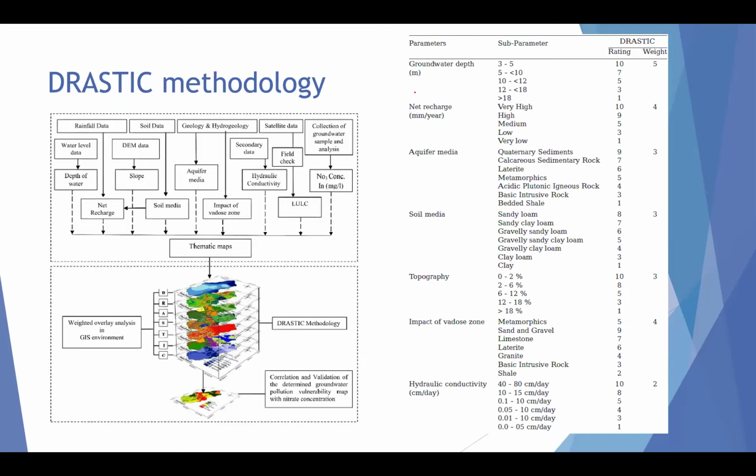As I already mentioned, you have these seven different GIS layers, and what you do is give a rating for each range. For example, my groundwater depth is